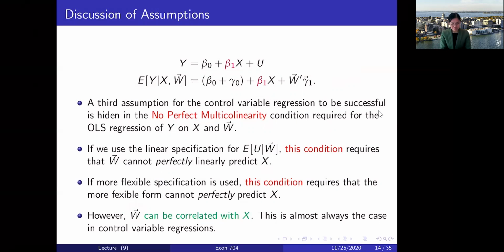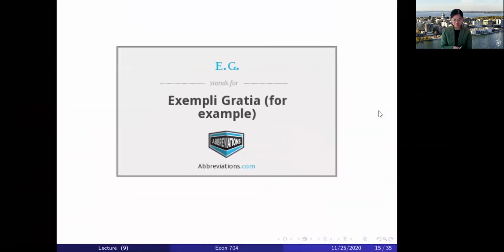All right, so that's the theory for how the conditional random assignment assumption helps us to estimate the treatment effect of X. And in the next video segment, we'll introduce two examples